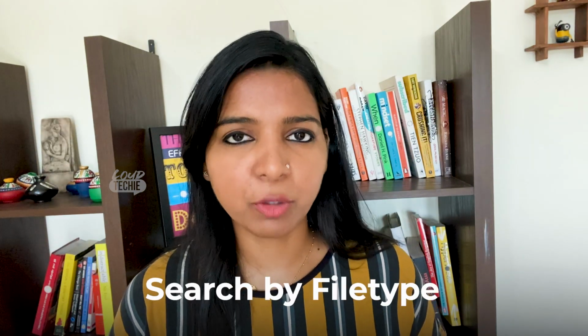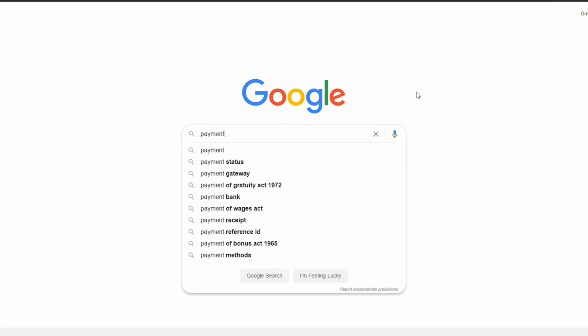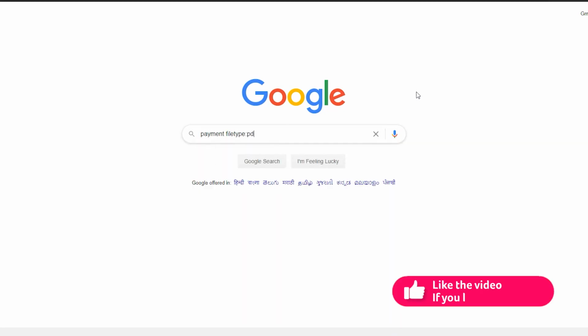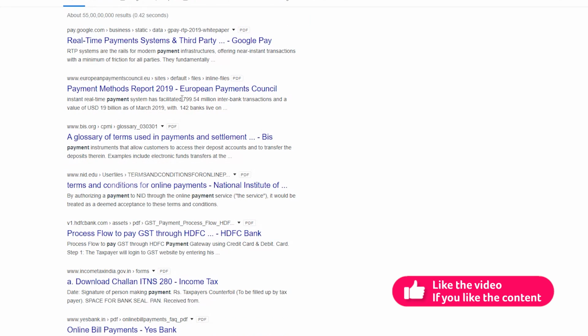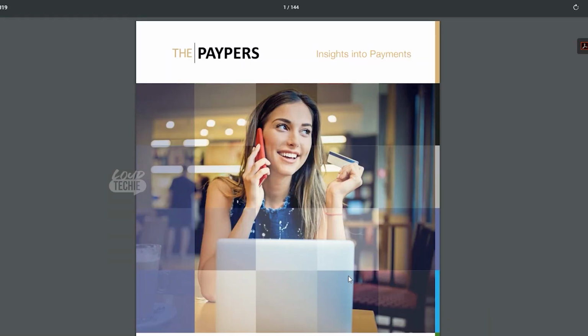This tip is really helpful if you are doing any research papers or looking at the white papers. So let's say you want to search about payments and post-COVID maybe. Having payments post-COVID, file type colon PDF. This way you will get more authentic information, because when somebody is putting it as a PDF or PPT and uploading it, the chances of being even more authentic is more. So it might also be a well-researched document, but you have to come up with your own research as well.